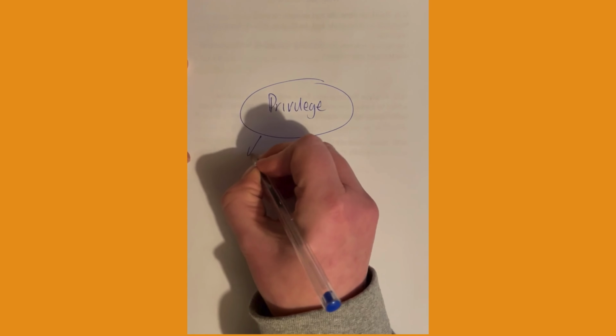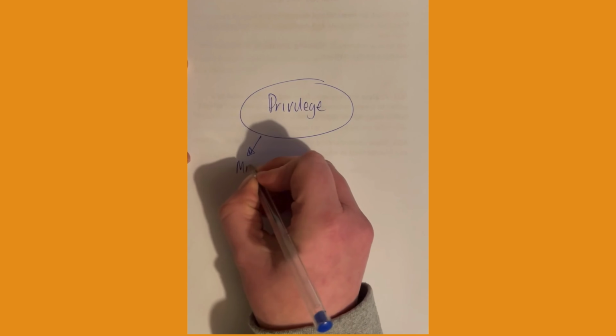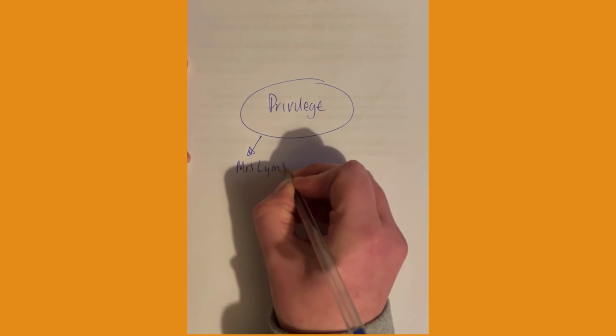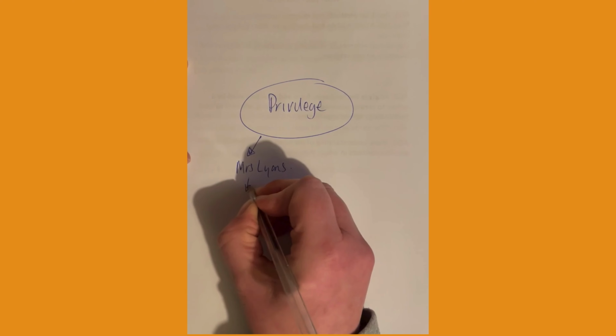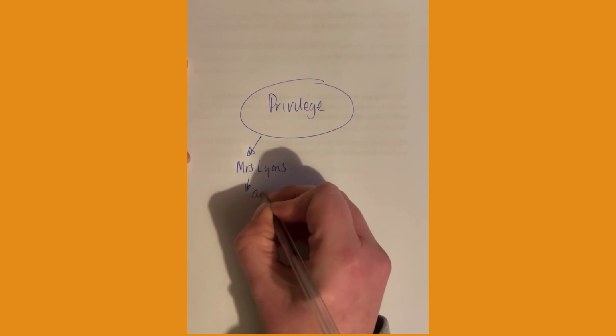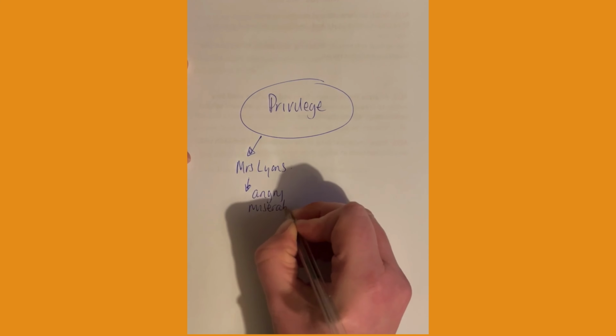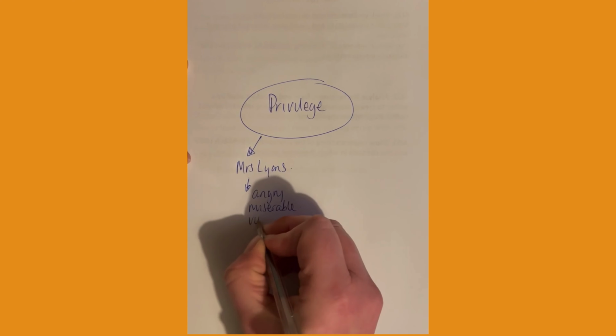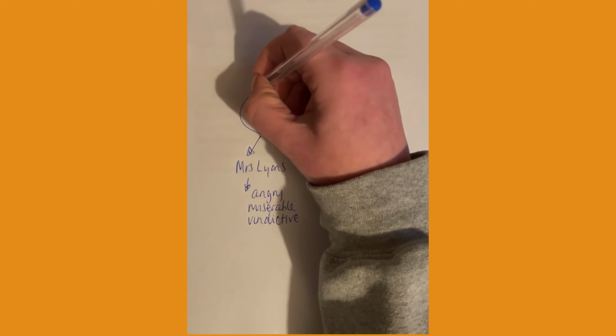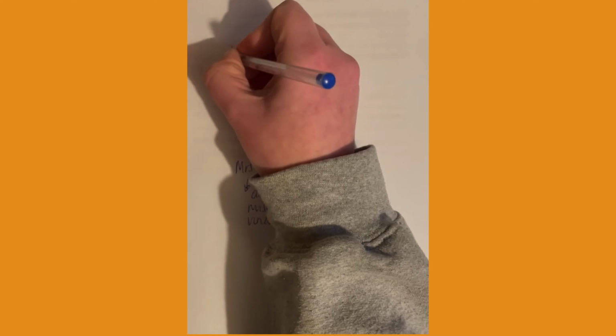So, Mrs. Lyons has privilege, but is angry, miserable, and vindictive. Partly because the one thing that she does not have access to is the one thing that she feels should be natural to her, which is a child. If we look at Mrs. Johnstone,